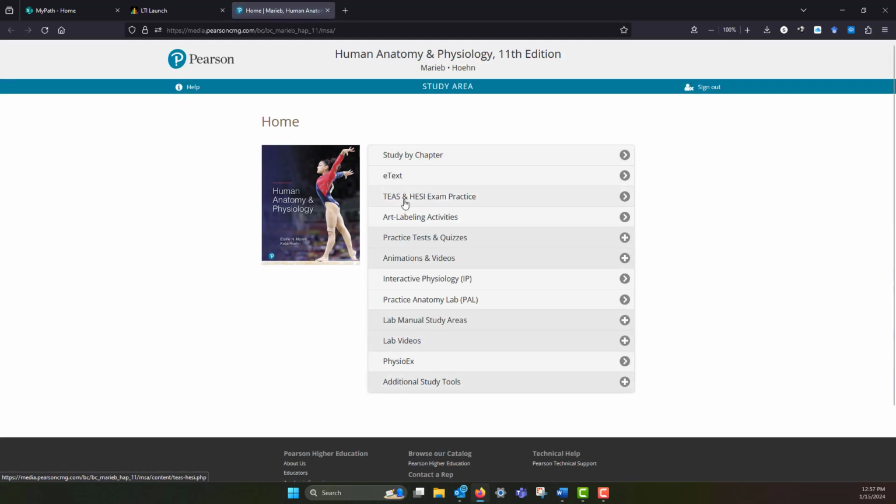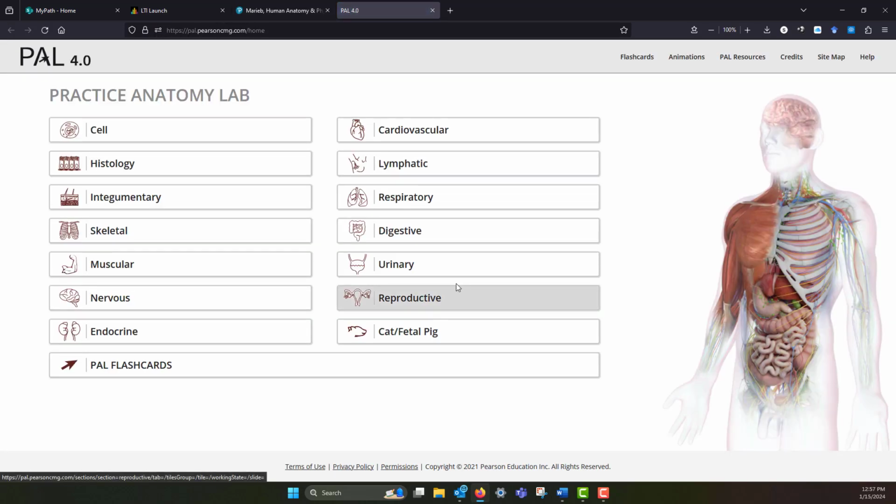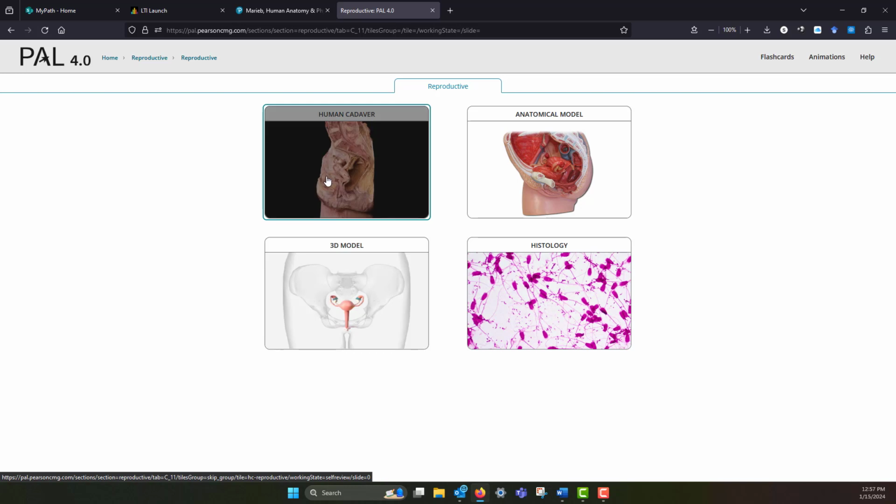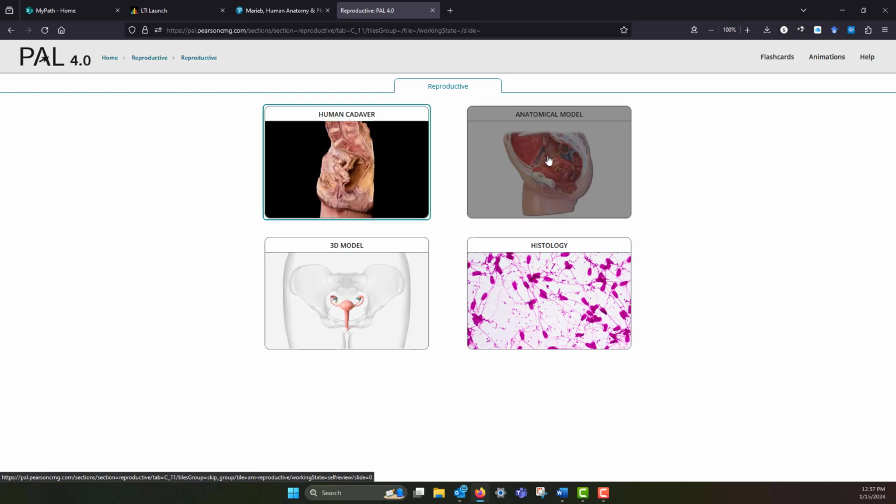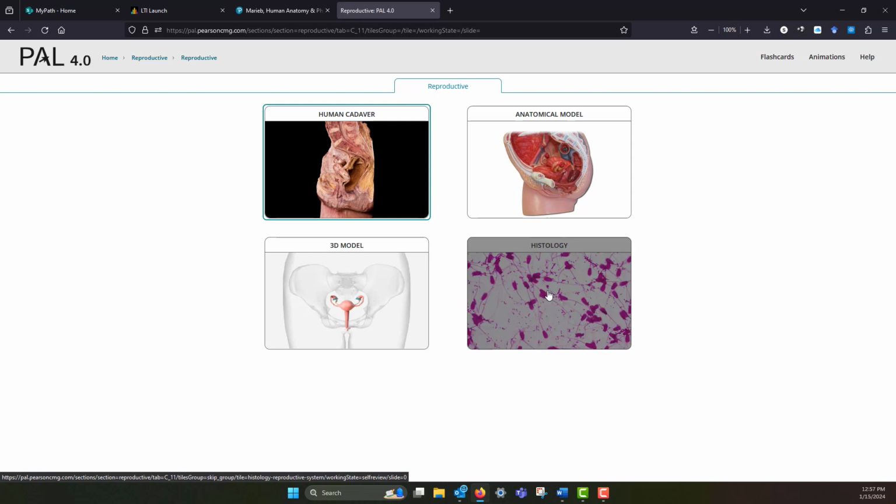And all of these are ways that you can study. All of these are fantastic things. None of them are required, but they are extra study materials for you. Now that Practice Anatomy Lab link will take you to the same place as this Practice Anatomy Lab link. Here we go. So for this lab, we have endocrine and reproductive. You can click either of these. Here's reproductive. Here's the cadaver. Here's an anatomical model. Here's a 3D model. And here's tissue